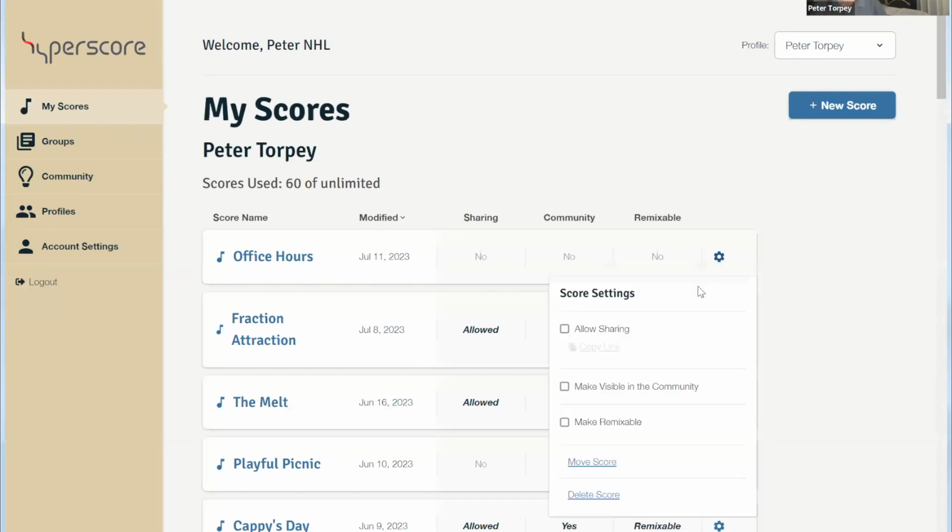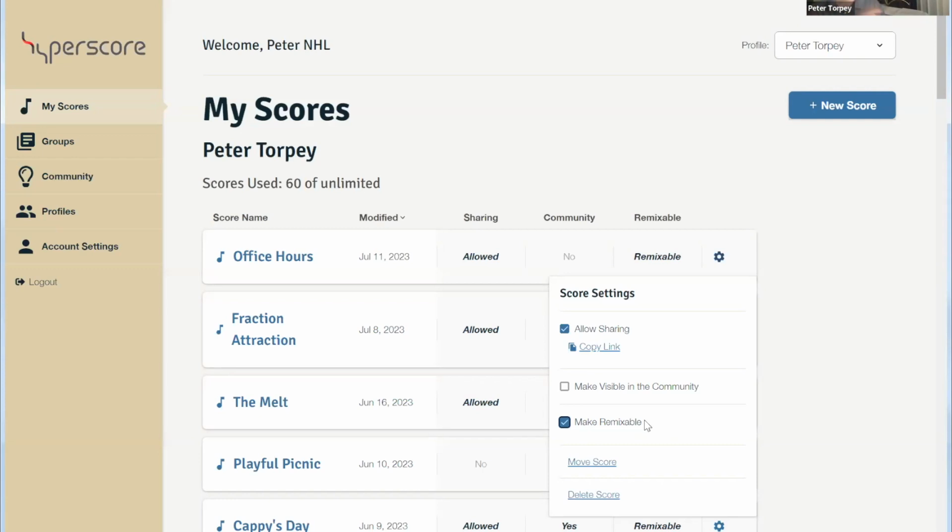I can also go through, allow sharing, so I can share these scores by link to people on and off the platform. If they're not signed in, they can just listen to it. If they are signed in, I can have the option to make a score remixable, so other users, other students can build on each other's work, and we keep track of that attribution.